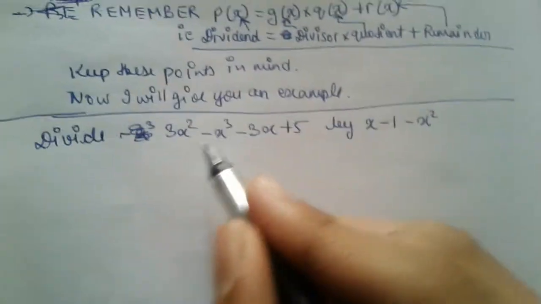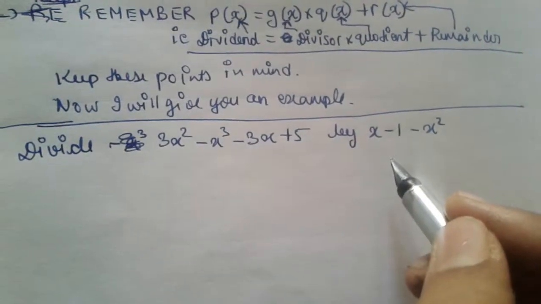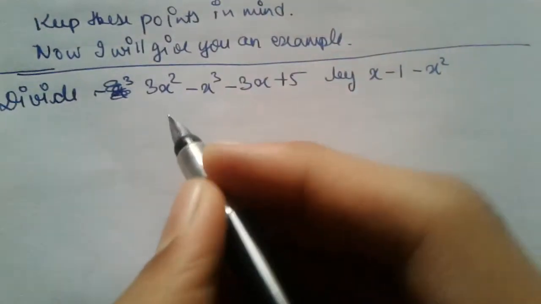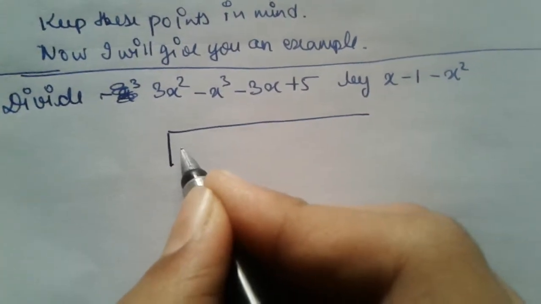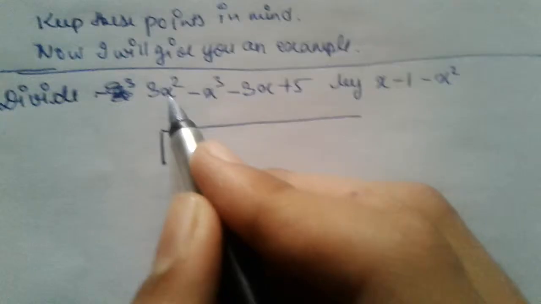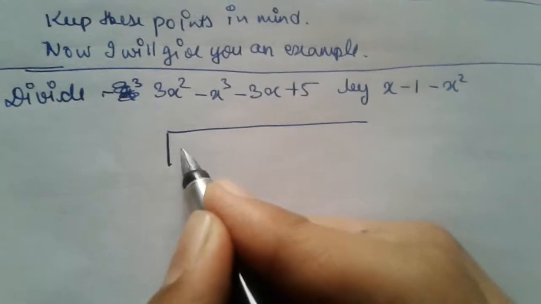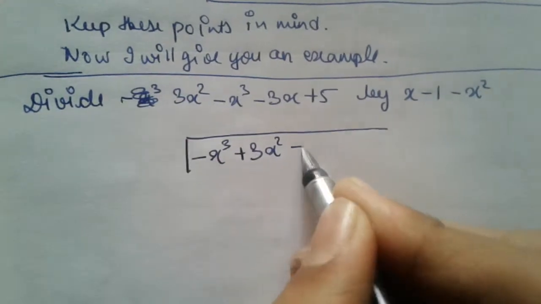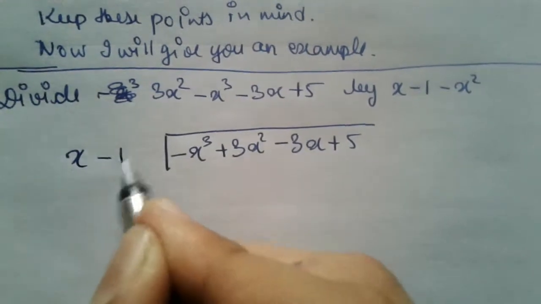Now I have been given to divide 3x square minus x cube minus 3x plus 5 by x minus 1 minus x square, right? Now let's divide. Now we cannot keep 3x square over here. We have to always keep the greater power in the first place. That's why we start rearranging these terms properly. So minus x cube comes first, plus 3x square minus 3x plus 5 divided by x minus 1 minus